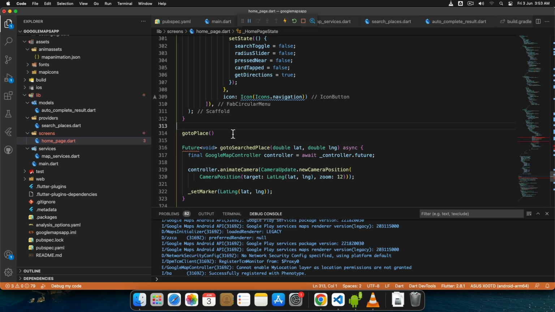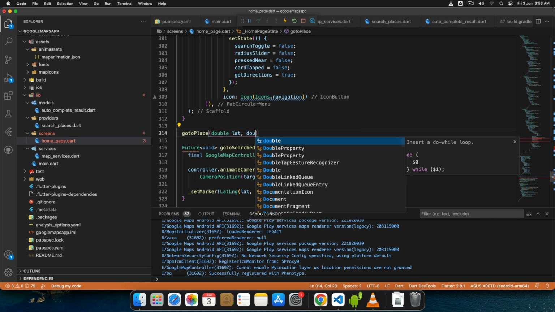It will be similar to this. The only difference is it will take two sets of